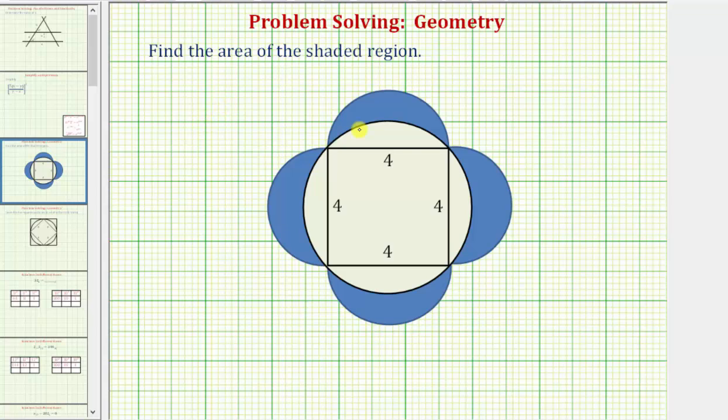We want to find the area of the shaded region, or the area shaded in blue. We first want to devise a strategy in order to find this area. I think the best strategy is going to be to find the area of these 4 half circles, or 4 semicircles, meaning the area here,